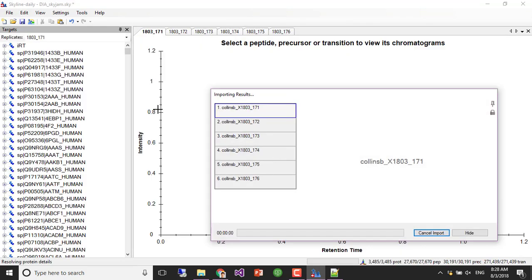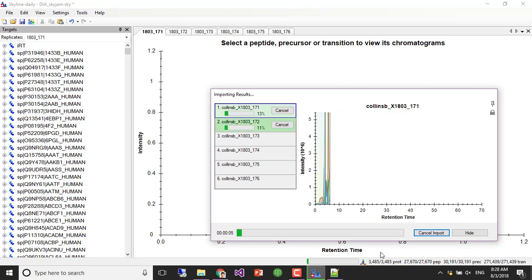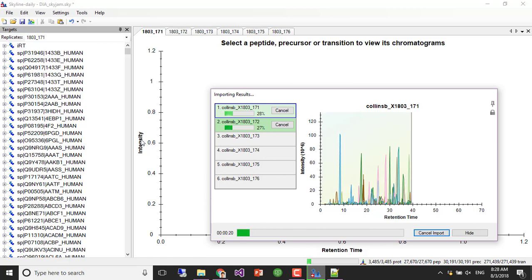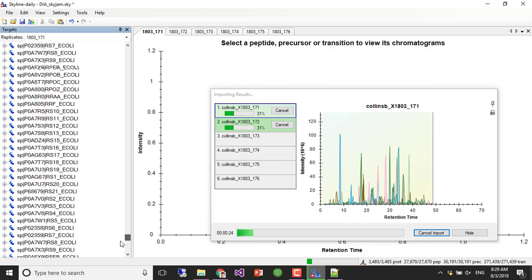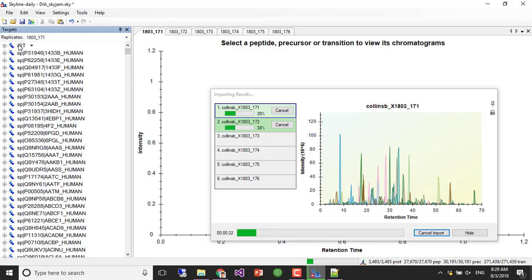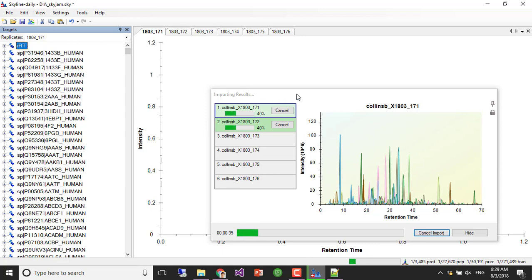Now Skyline puts all of that into our targets list, and you can see it showing up in the status bar down here. The status bar says we have 3,485 proteins and 27,670 peptides, which now includes the decoys. If you scroll down to the bottom, you can see decoys at the bottom. Up at the top, we have our iRTs. So if you click on iRTs,